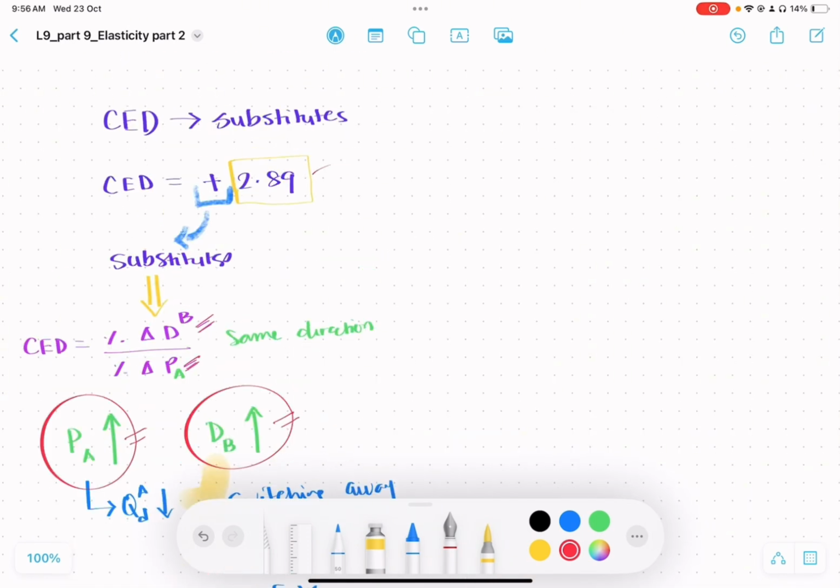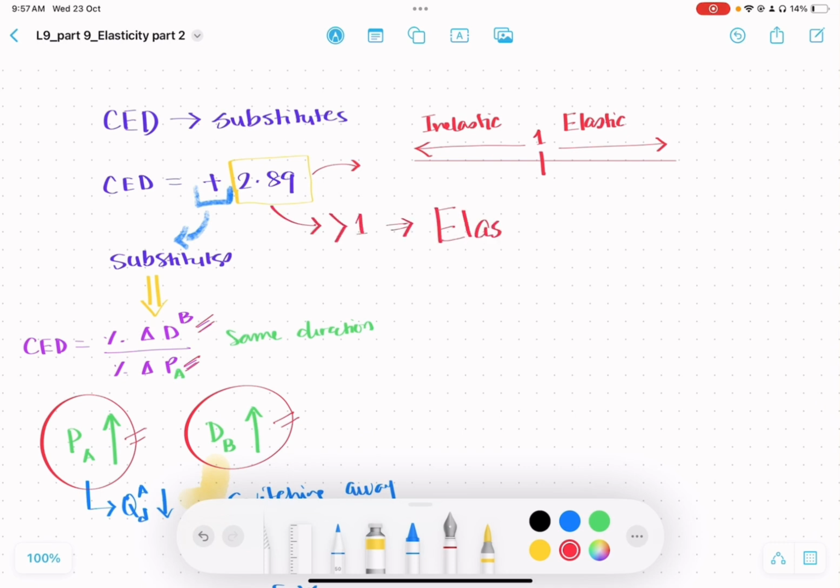Now, let's get back to the rest of the interpretation. What does this number tell us? For this, we need to look at the number line, right? And we know that anytime the CED is more than 1, we're dealing with elastic cross elasticity of demand. And if it is less than 1, we are dealing with inelastic CED. So of course, 2.89 is greater than 1, which means we are dealing with elastic CED, which essentially means that